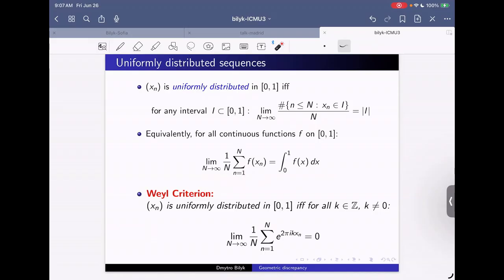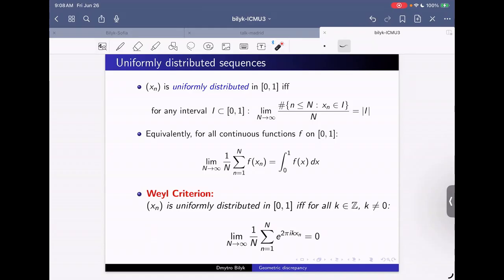Now you can approximate, for example, continuous functions by step functions, and you would see that this property also holds for all continuous functions. It's a pretty easy argument. So you have a certain ergodic property, that time averages are equal to space averages for all continuous functions. Then you can also use the fact that any continuous function can be approximated by a trigonometric polynomial